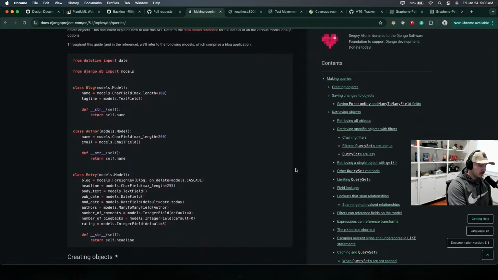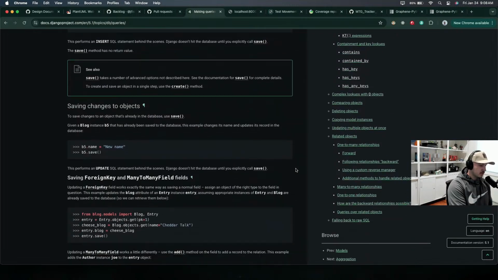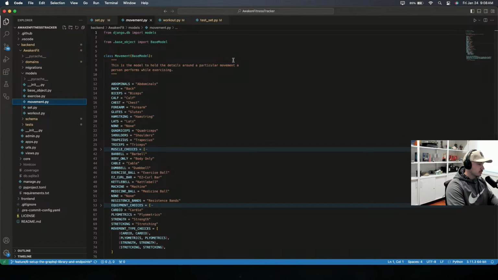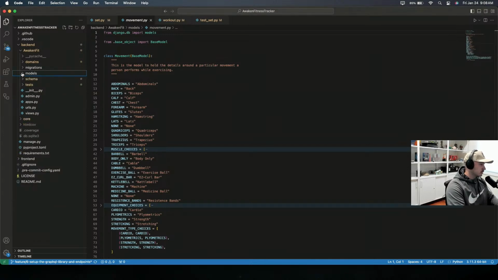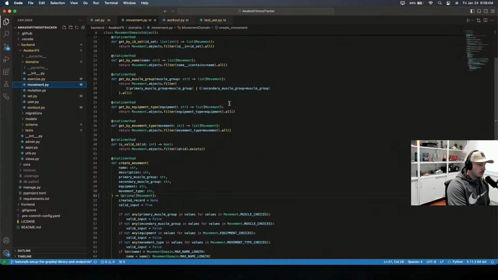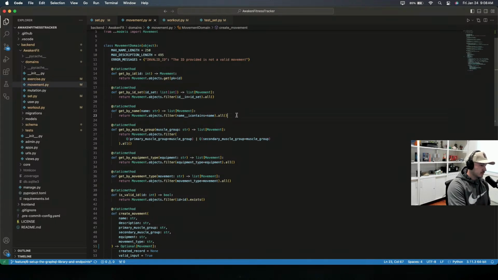When you provide filtering on query sets, there's the double underscore that you can do in filter. So we'll actually look at code that I have here. If we go to domains, I believe it's movement. Yeah. So we see here, I have a get movement by name operation, and I provide it with this